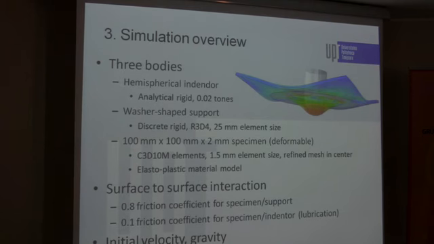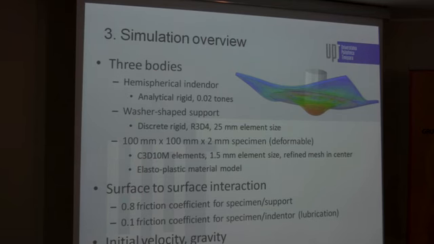So the simulation consisted of a model that has 3 bodies. The first one was the punch tool, which was a hemispherical indenter, modeled as analytical rigid, and has the carrier mass of 20 kilos, as was in the experiment. We have a washer-shaped support, which is modeled as a discrete rigid, and the specimen, which is a deformable sheet